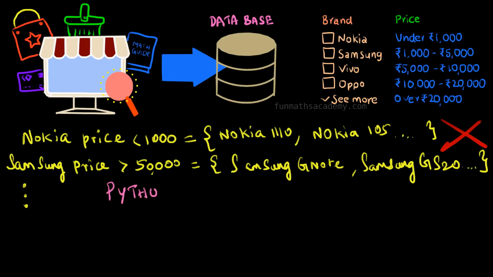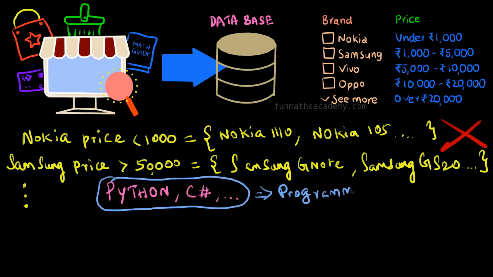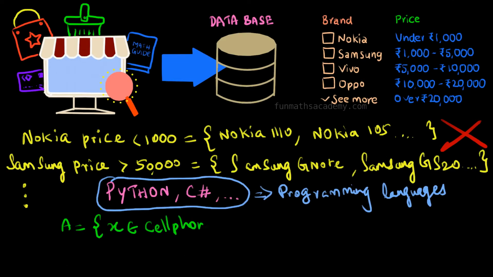So in such cases, programming languages like Python and C Sharp make the process easy for programmers. Such languages use the concept of set builder form. Here, the programmer need not type each product with different prices in roster form. Using set builder form, the programmer has to mention the brand of cell phones, their model numbers, and their price range in the condition, separated by commas. That's enough to list the products in the price range.